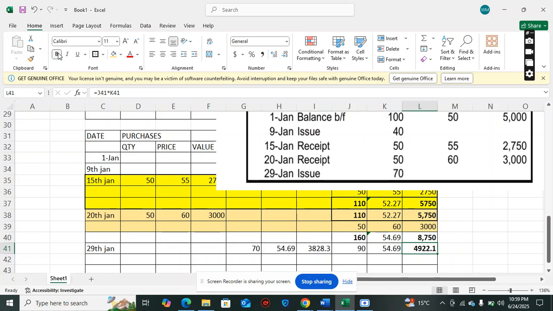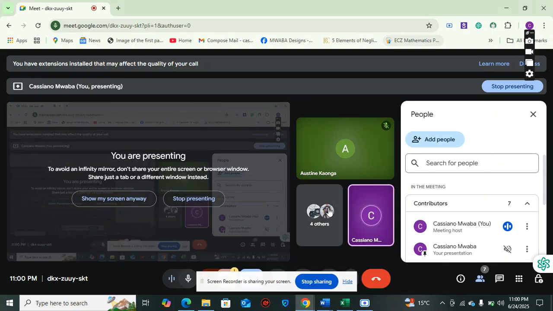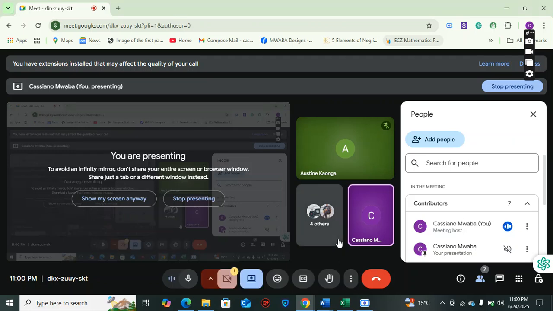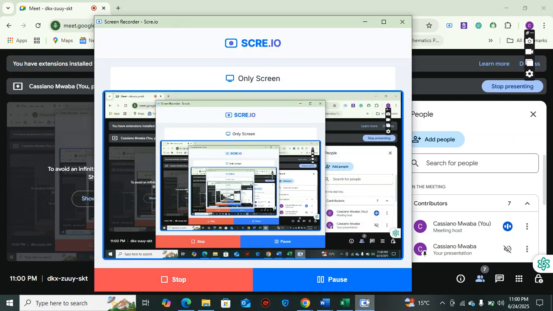That is Avco. Okay. Every time you get a purchase, you get the average cost. And then when there's an issue, you just use the average cost, basically. No need for looking for your first batch or your last batch. So which one do we prefer, colleagues? If you are an accountant and then there are still